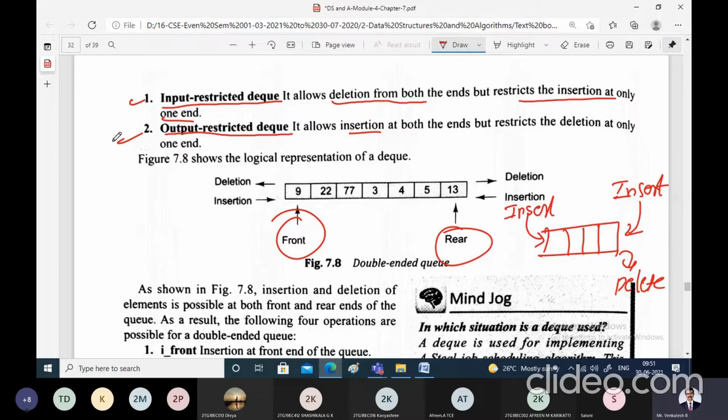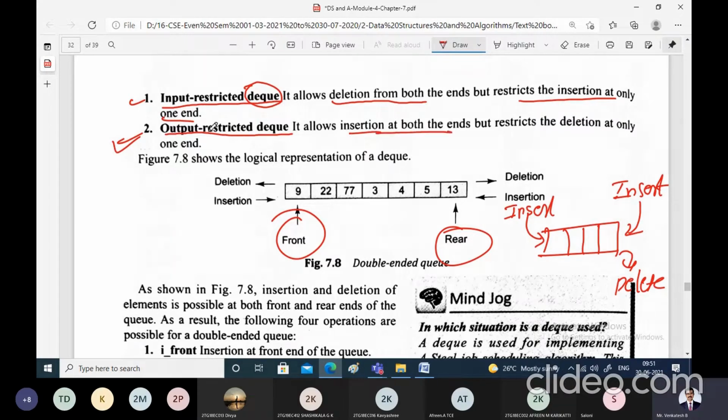Then it is called output restricted queue. For double-ended queue we usually use the term DQ, which stands for double-ended queue.